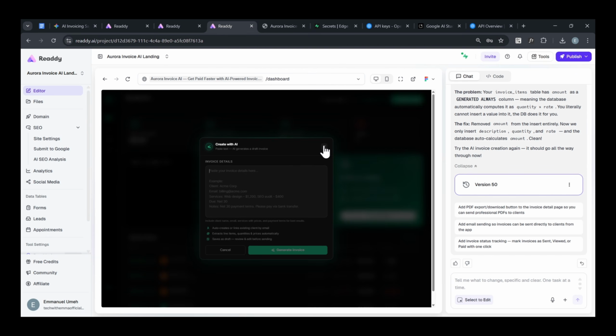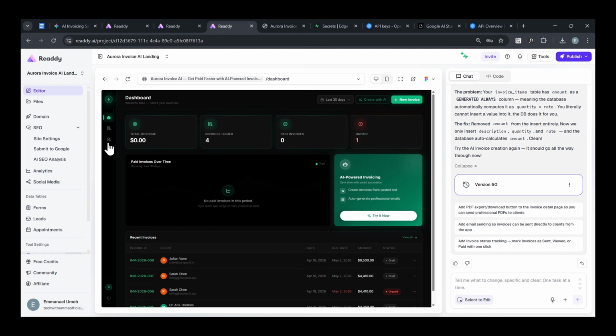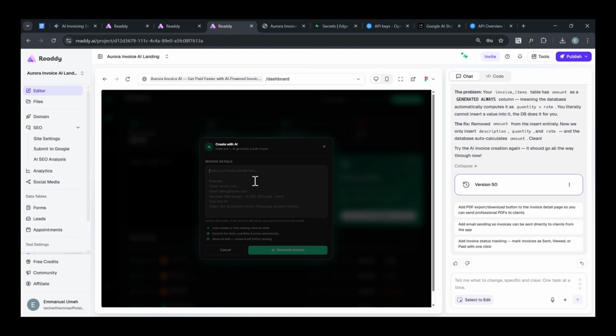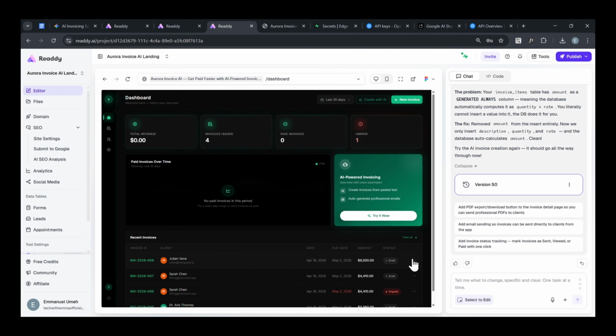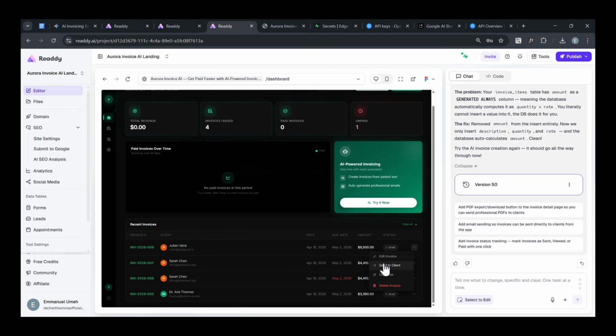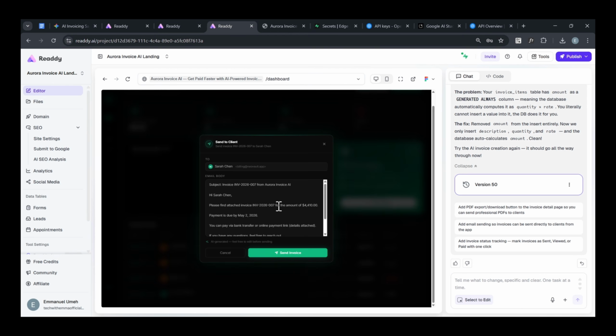So let's also confirm. So I think that is all. So now let's go ahead and work on the send to client email. So we can click on send to client, and it's going to show a dialog, and we're going to generate the mail the user can send. So I think we can show a copy button so the user can copy the message and send it directly if